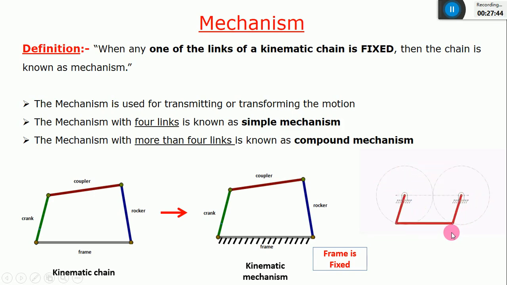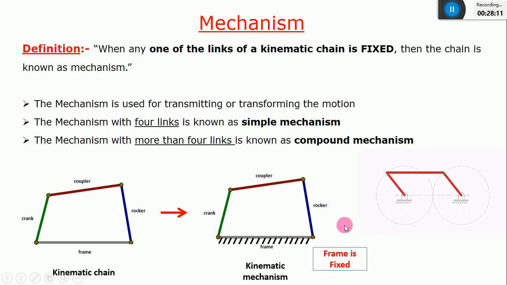Okay, all the 4 fans are fixed to a common roof, correct? Common slab, you can say. The slab is only one. They are not separate. The fan may be 4, but the roof is only one. So always the frames, they may be multiple, but we'll consider as only one link. The fixed one is only one link. Generally, it will be shown as like this frame. It may be fixed at certain part.